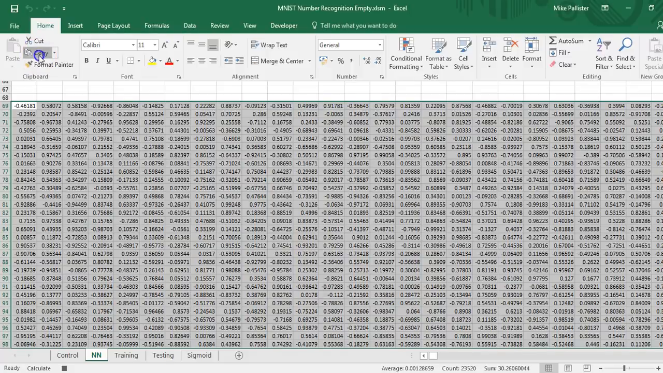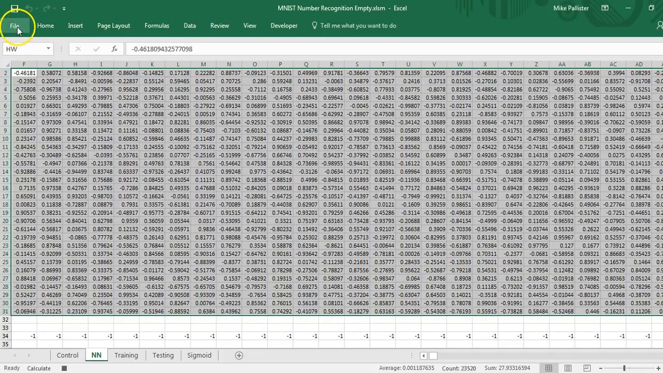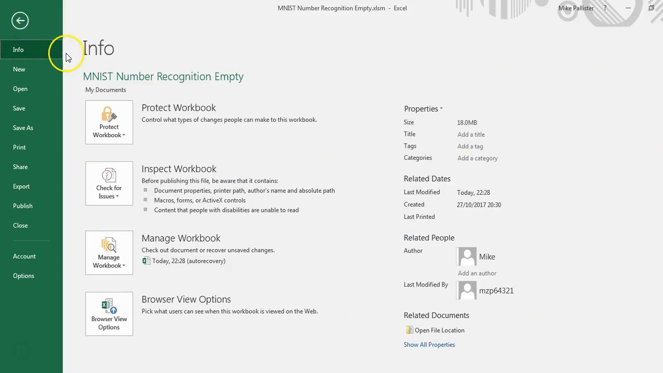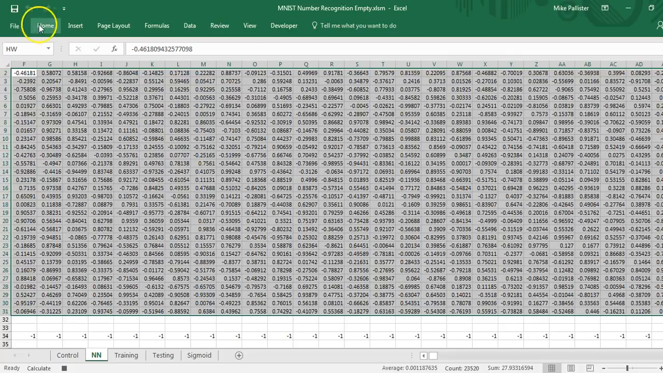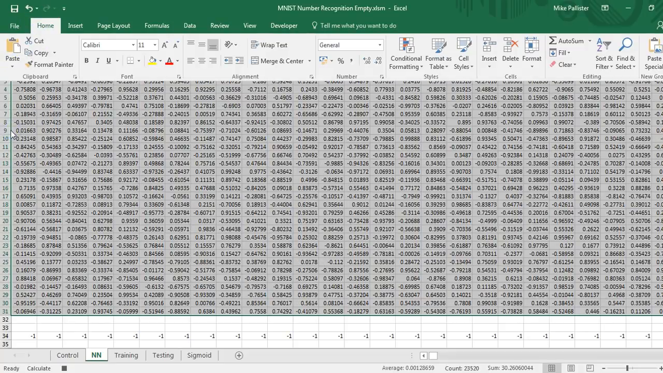Home, copy. Onto the hidden weights. File, oops, home, paste, values,